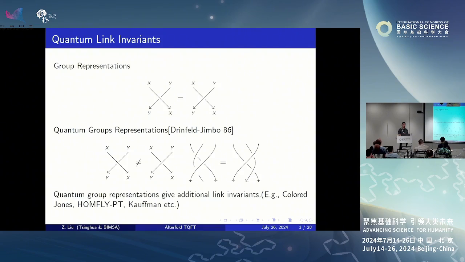It was studied in integrable systems by Jimbo, and they found solutions of the Yang-Baxter equation. Later, there's a machine to produce such solutions using quantum groups. And by studying the representations of quantum groups of the Drinfeld-Jimbo type, one can obtain those braids in a very natural way, and braid group representations, and also link invariants, which generalize the Jones polynomial. And the theory of the Jones polynomial becomes the theory of SU(2).